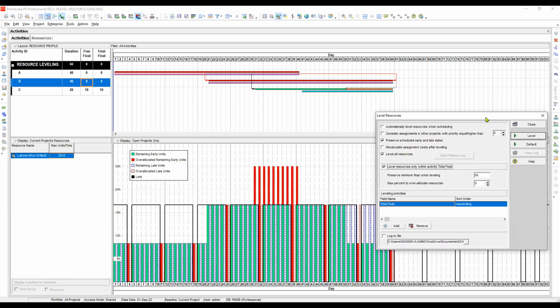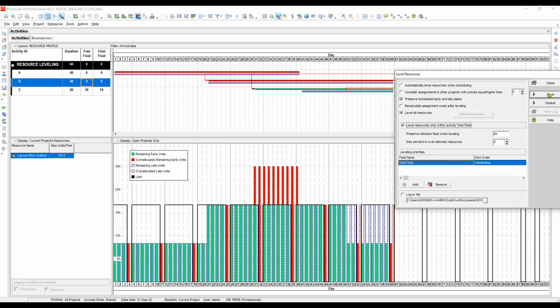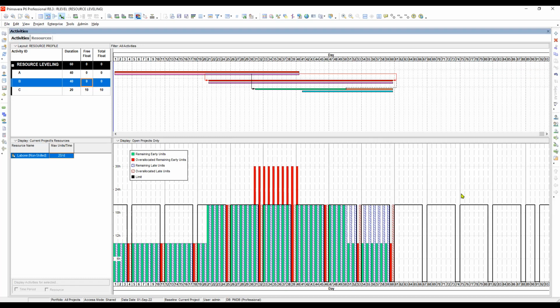Now we will run the schedule. So look at the changes that will happen. Level. So as you can see, Primavera did nothing on the schedule. You know why? Because the specification that we give to the leveling does not satisfy the condition that Primavera will take for leveling,